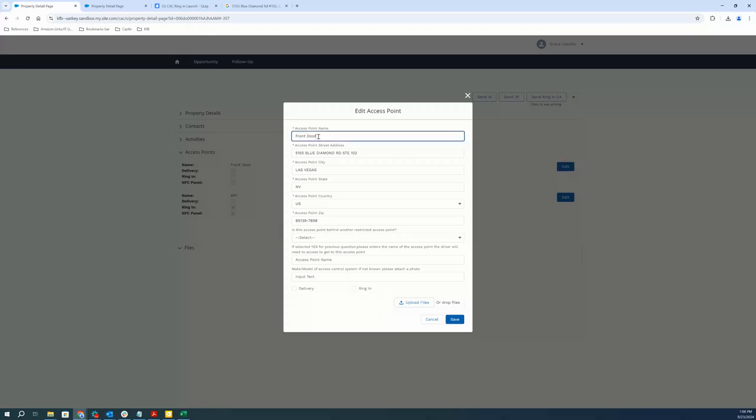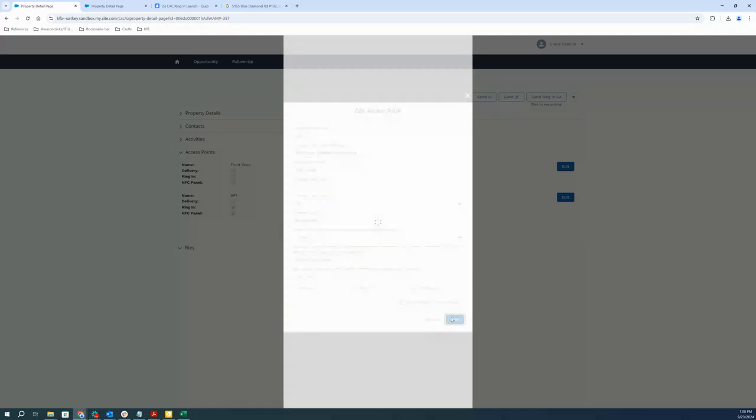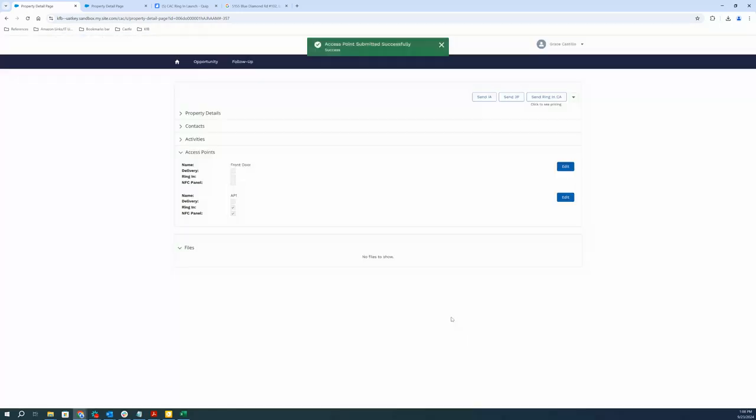So again, I'm going to name it access point 2. It's very important that we indicate Ring In, because that's the product that we're selling. Say we're doing two intercoms, click on save. You would see that as soon as we enter at least 1 Ring In product, the Send Ring In Commercial Agreement button is activated, or it's in color blue. So once we send this,